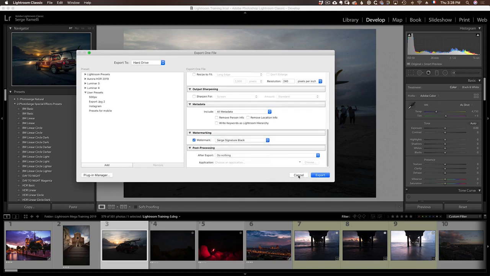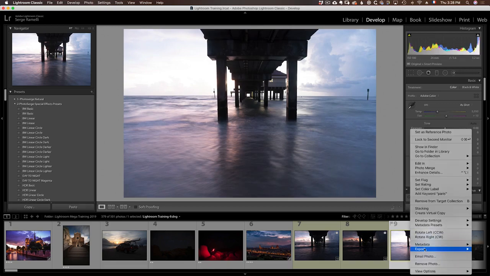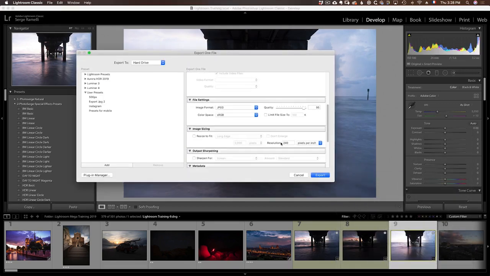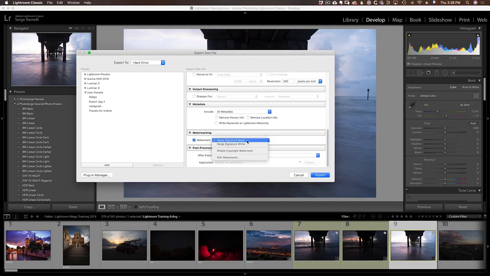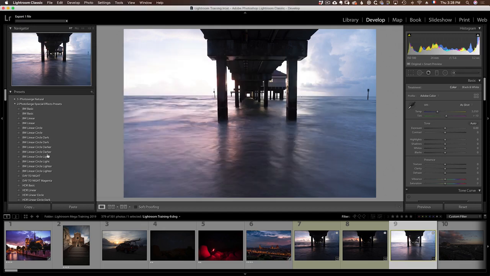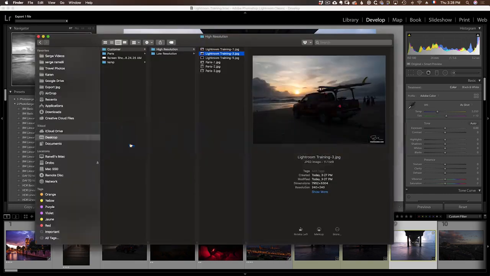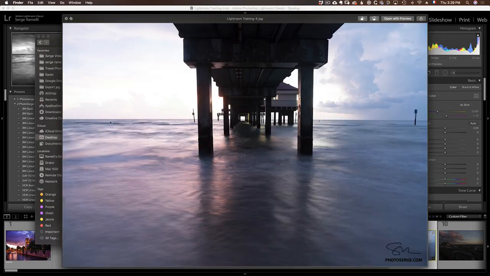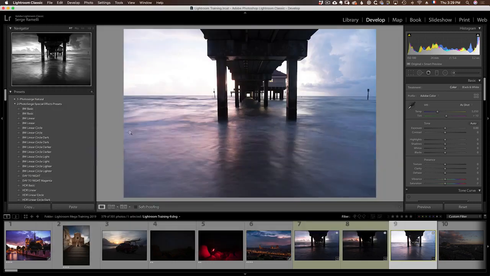So let me take a photo that's kind of white like this one, right click, export, and I'm going to go to black, boom, use the same settings as before, and voila, here it is, and you can see now it's black. So that's how you watermark things. I advise you to use your signature and do different things because it's kind of cool.